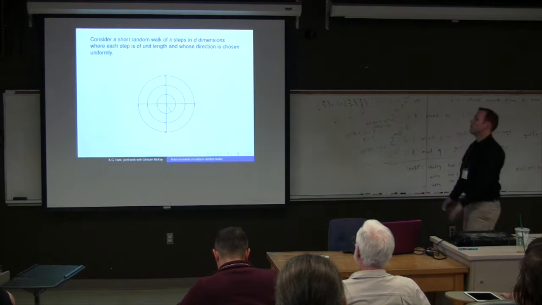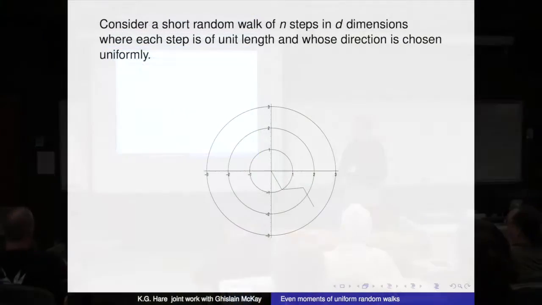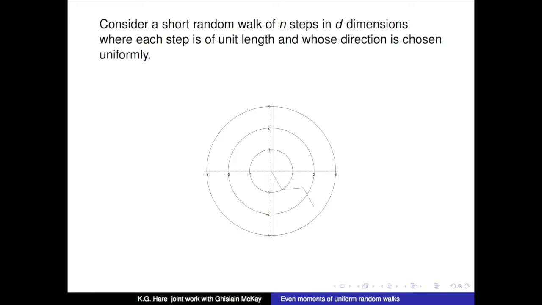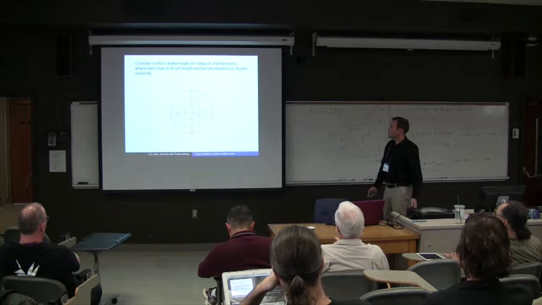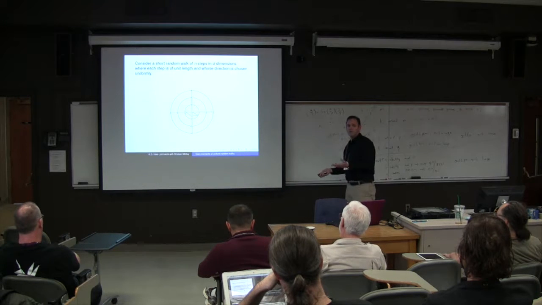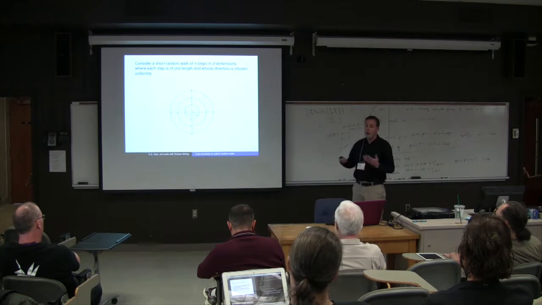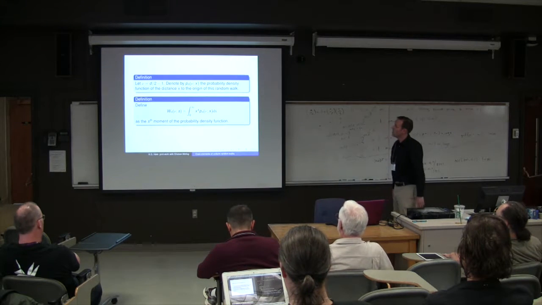So as an example, I'm going to give a few examples. So think of a random walk of 3 steps. The largest distance you could possibly get is distance 3 from the origin, and that's if you go the exact same direction every time. You might have shorter distances, you might actually end up very close to the origin, but there's a nice probability distribution of where you might end up after a short number of steps.